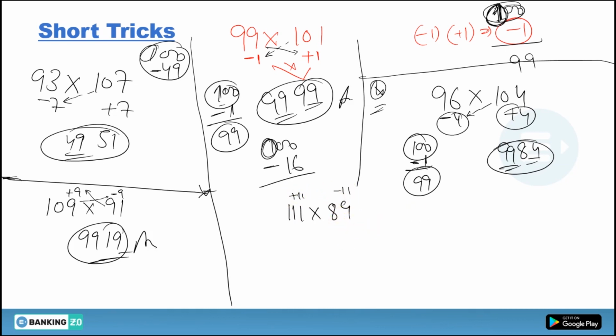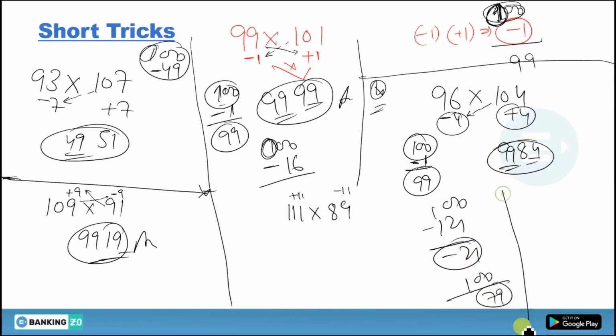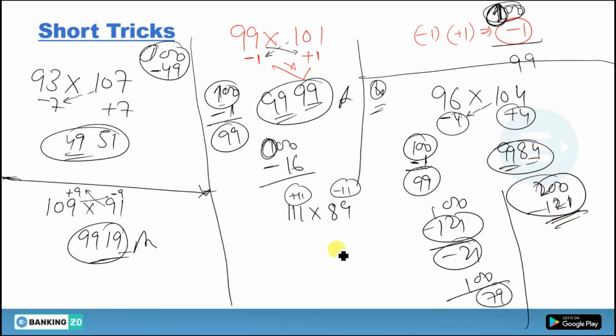Now you cannot subtract this minus 121 from 100, because you're going to get minus 21, so again you have to subtract that from 21. Now you're going to get 79. So do one thing, just subtract this 121 from 200 directly. I told you, multiply plus 11 by minus 11, you get minus 121. Now just subtract this 121 from 200. What will you get? You get 79.